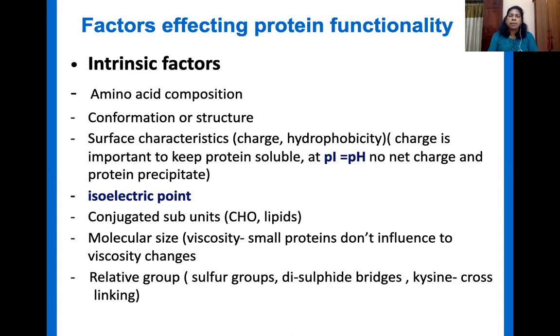For example, if a protein has a basic amino acid, then definitely it works in a different way. On the other,